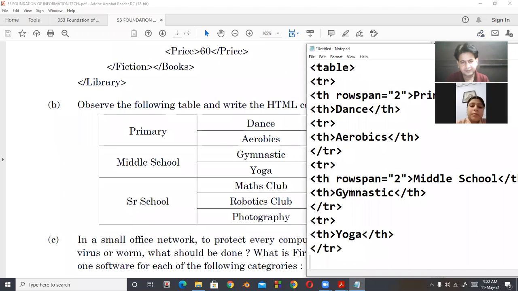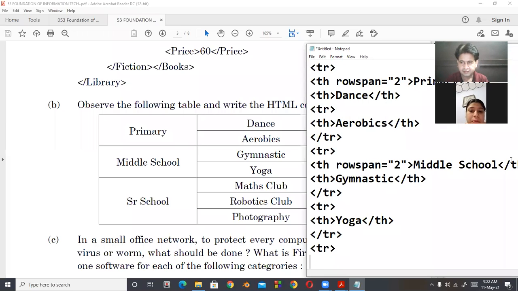Next is here senior school. It is again spanning vertically, but here spanning is of 3 rows. So I'm taking here TR, then TH, row span equal to 3.